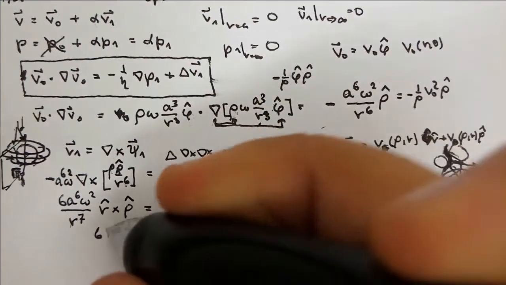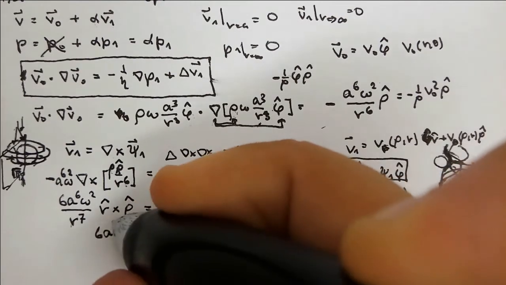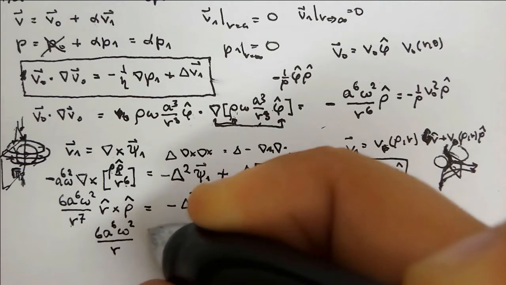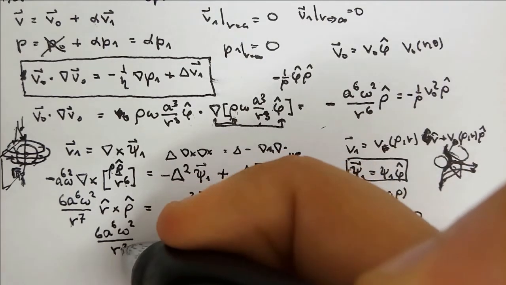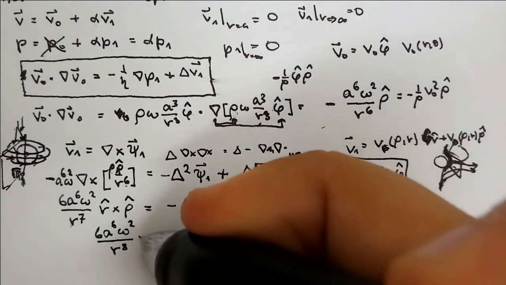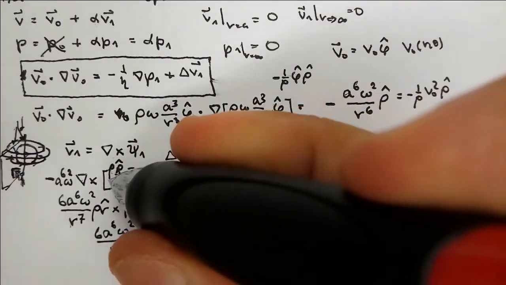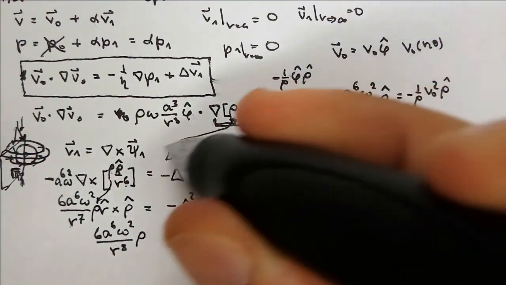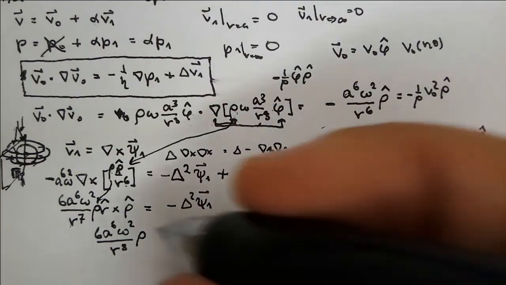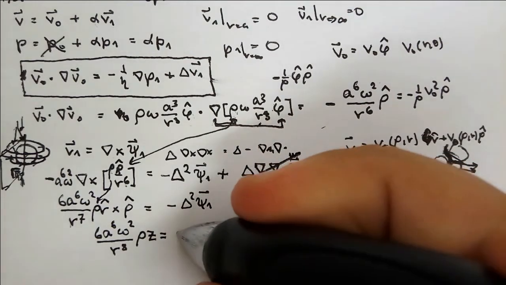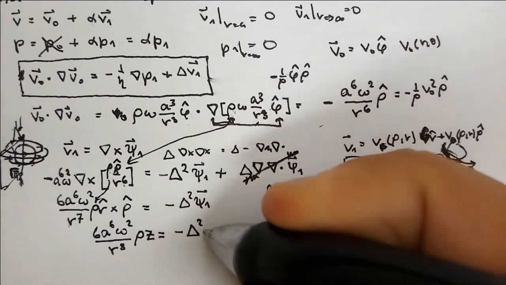So this should be 6a to the 6th power omega squared over r, to, there is z over r, so it's r to the 8th power times rho from this, and there's the rho from this, and times z, and this is going to be minus Laplacian of, and there is